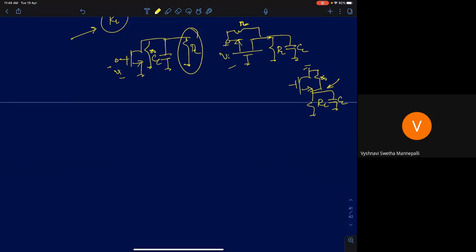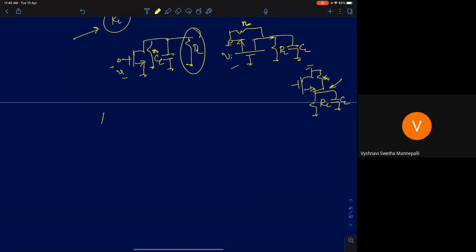So if RL comes in parallel to R0, the DC gain for all the stages will reduce. For example, ACS, which was equal to ACG, A0 CG, I'm writing about DC gain, was initially equal to GM R0, but now it will be GM into R0 parallel RL. So it will reduce by a factor of GM into RL by RL plus R naught. Okay, because of the load resistance, it reduces by this factor.